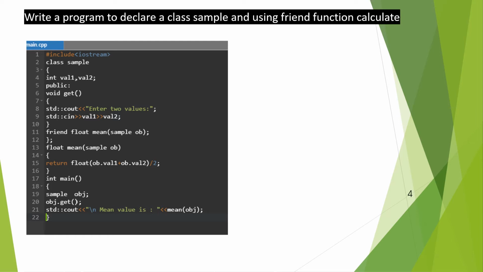After that we write the friend function, which will calculate the average of the two numbers. See how you write this friend function.